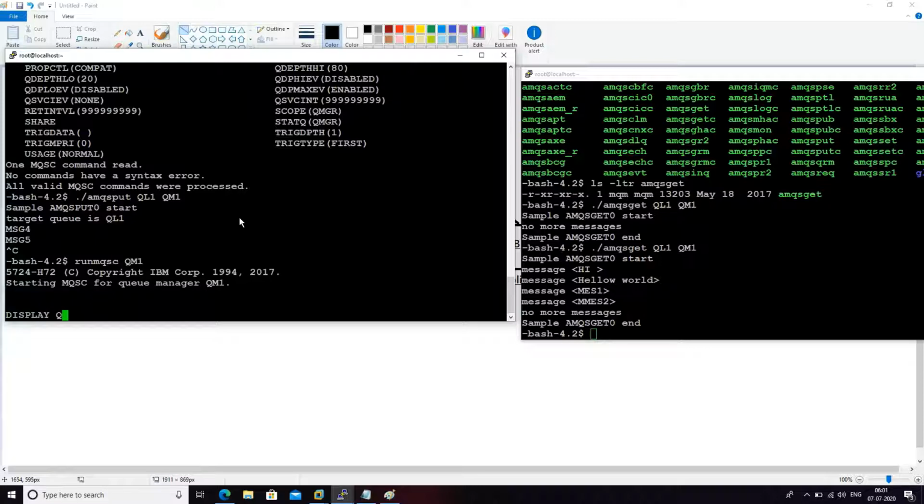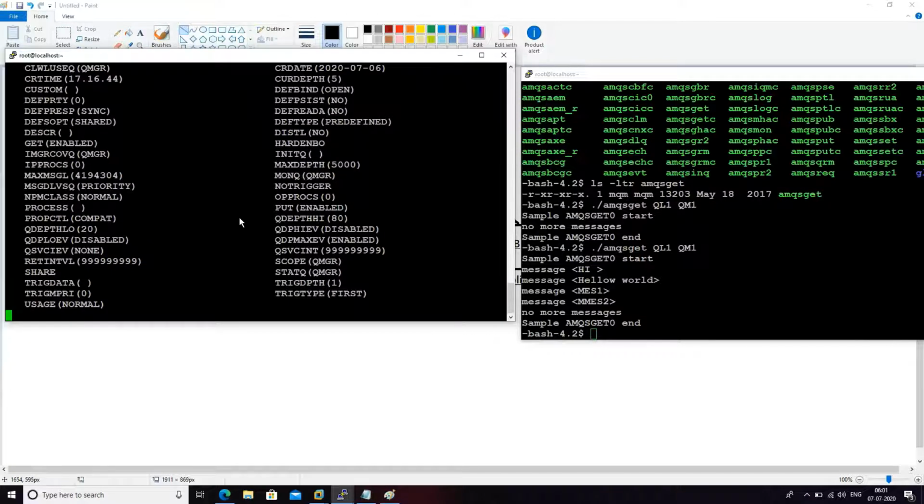Display queue local QL1. See, curdepth is changed to 5. It means your local queue will store 5 messages.